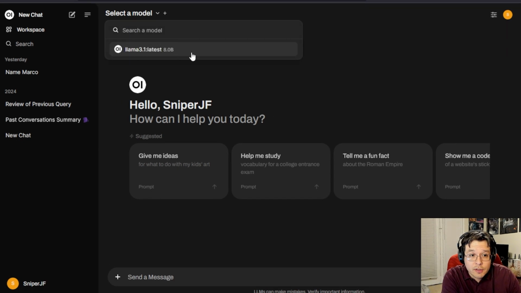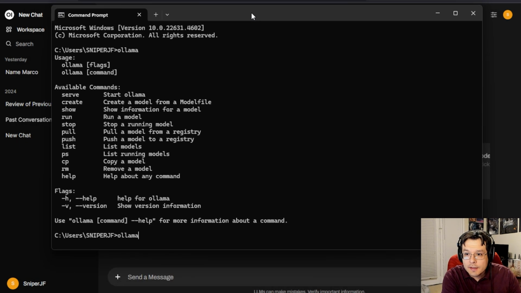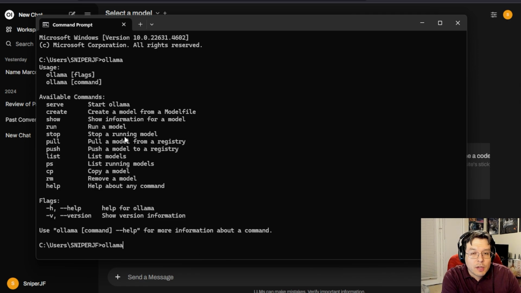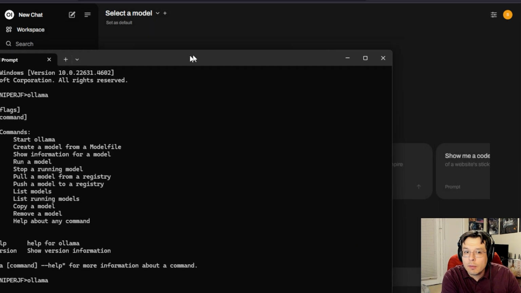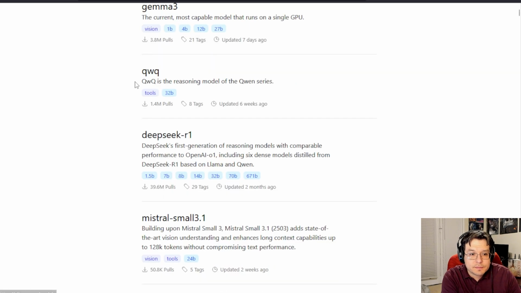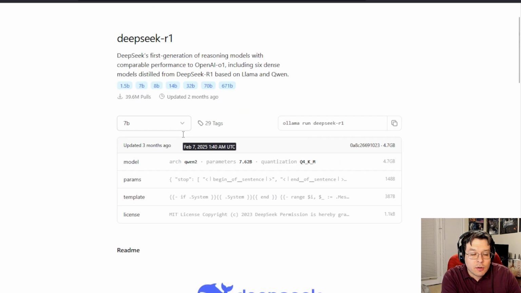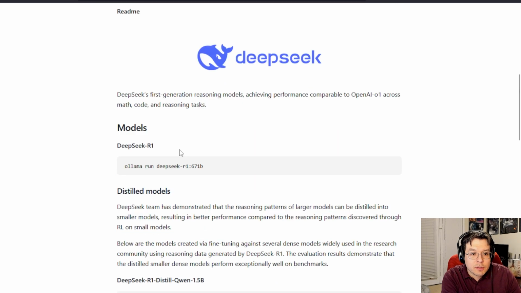Now, of course, you see that there's only one model here. So let's say you want to get more models in there. For that, you can just go ahead and open up a terminal like this, and just simply run whichever model you want, and it'll automatically download it. So if I go here to models, let's say I want to download the Deepseek model, then all I need to do is use that run command. So Ollama run Deepseek